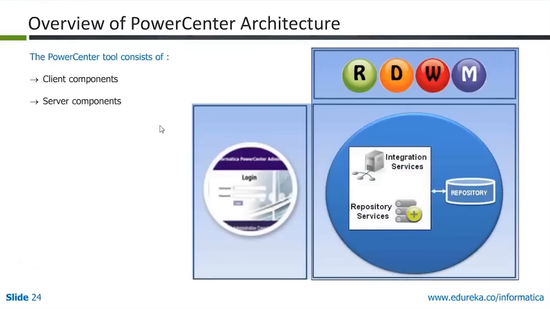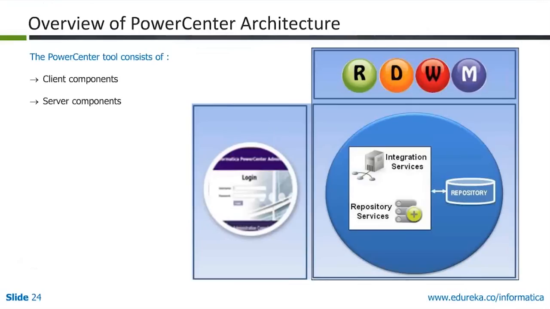As I said, PowerCenter has two components. The first one is the server component, and the next one is the client component. Whenever you are installing Informatica, you will have two installers available: one is the server installer, one is the client installer. The server installer will basically install the services on your machine. If you're using a Windows machine, the Informatica installer will install Informatica services that you will be able to see from your services